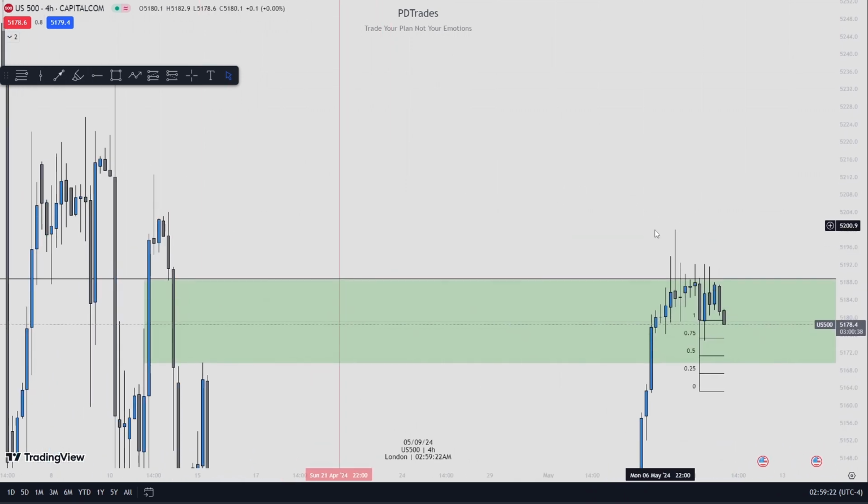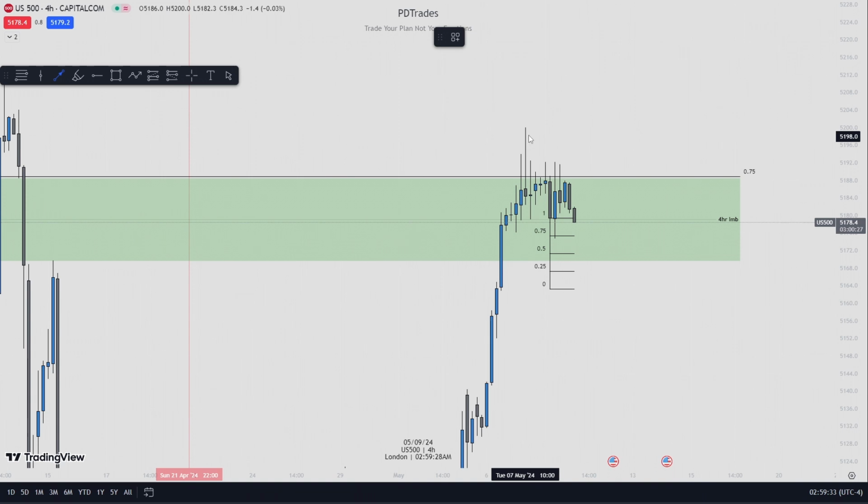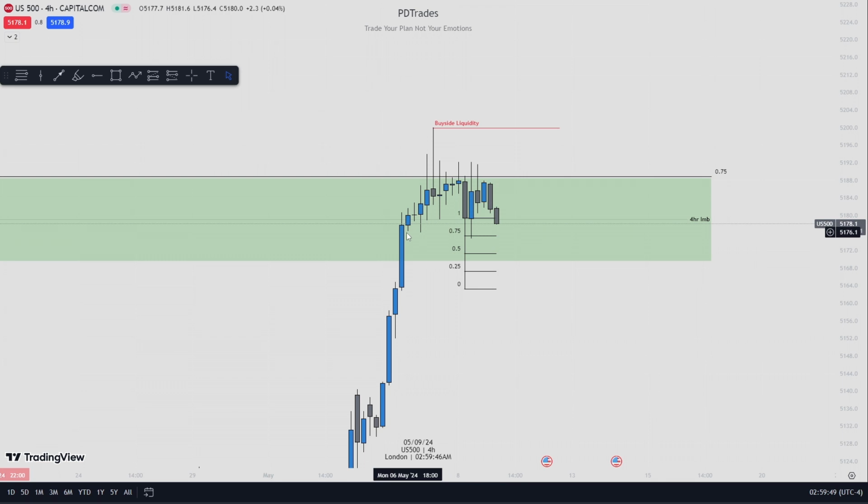Because I'm looking at these highs here. It might want to take out liquidity, then start shooting to the sell side. So now I'm waiting. And you can see also there's a fair value gap. So now I'm just going to wait. Does it take out sell side liquidity and reject at the midpoint of this week?